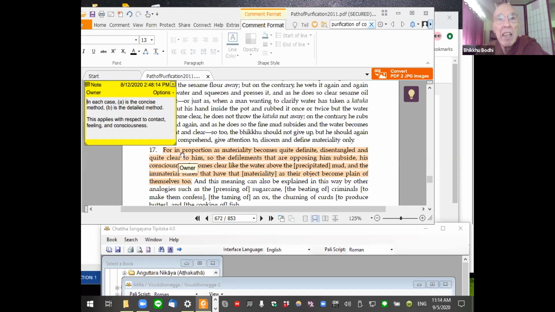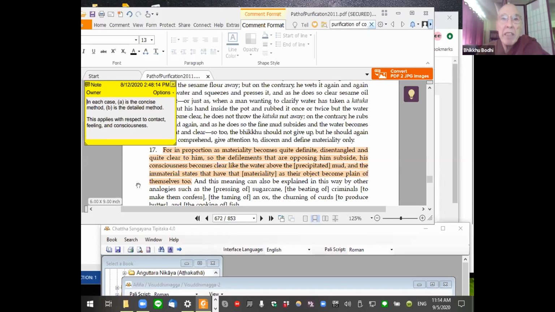For it's said, in proportion as materiality becomes quite definite, disentangled, and clear, so the defilements that are opposing the act of observation subside, and then the consciousness becomes clear, and then the immaterial states, the mental factors that have the material side of experience as their object, become